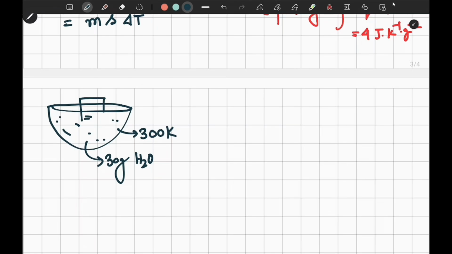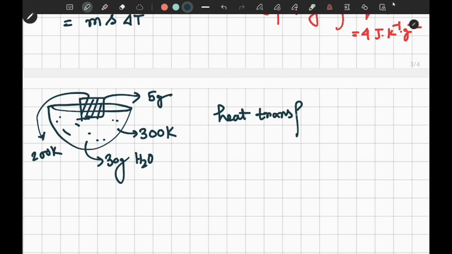And we are giving 5 gram of ice, which is obviously at 200 Kelvin. So now we have to find out the final temperature. Obviously, heat will be transferred from the hotter body to the colder body. So that means heat will be transferred by the water to the ice. So heat transferred